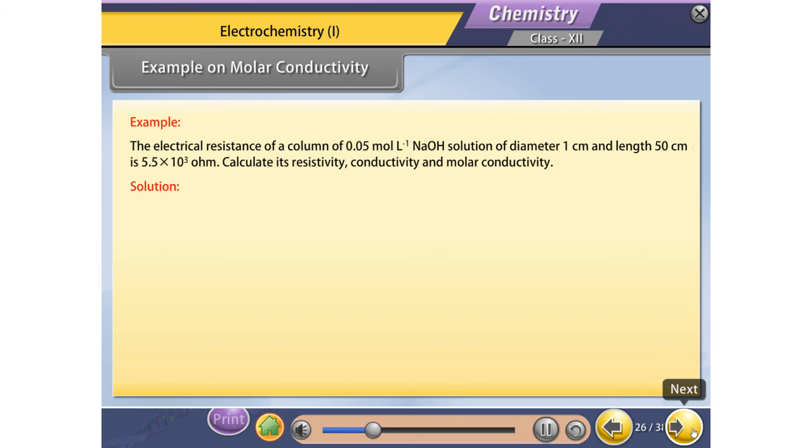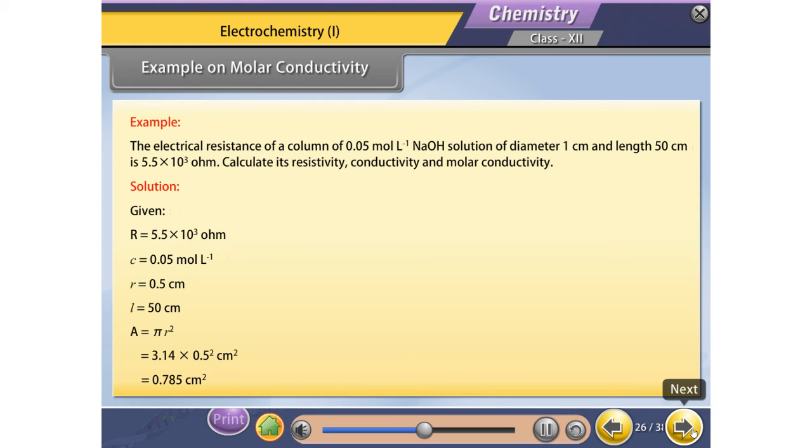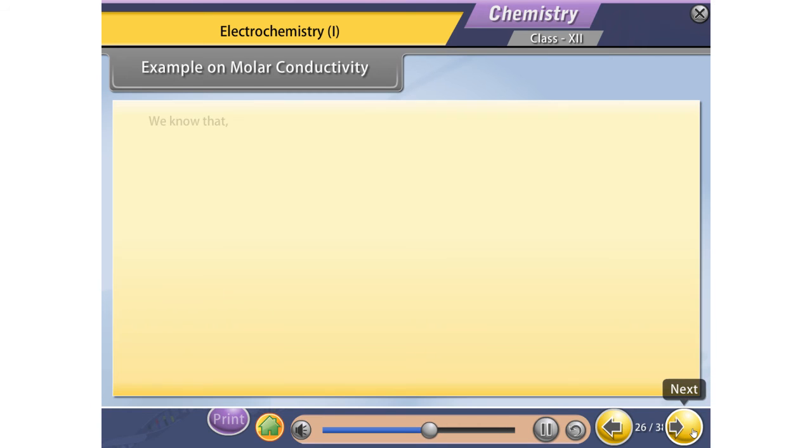Let's see the solution. Here the given values are R is equal to 5.5 × 10^3 ohm, C is equal to 0.05 mole per liter, r is equal to 0.5 centimeter, l is equal to 50 centimeter. We know that area is equal to πr². By putting the values, we get area is equal to 0.785 centimeter square. We know that R is equal to ρl upon A. By putting the values, we get resistivity is equal to